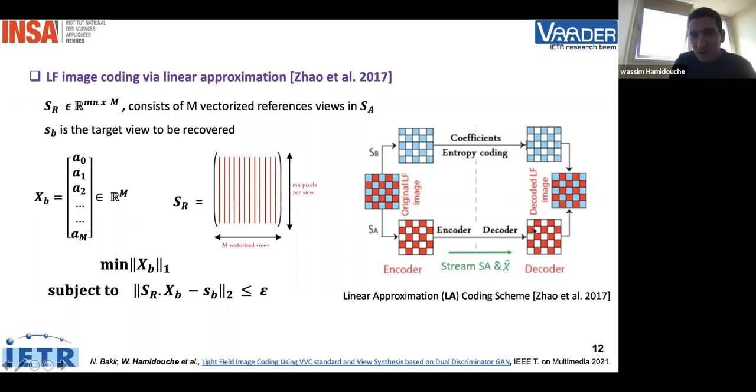So from these red views, we put them in one matrix. And then for each blue view, we send one vector, xb, whose components are optimized to minimize the distance between the blue view, the original, and the one which is linearly recovered at the decoder side. So for each blue view, we will not send the view, but we send only this xb vector, which is composed of m components. And this vector will then be multiplied by this reference matrix at the decoder side to